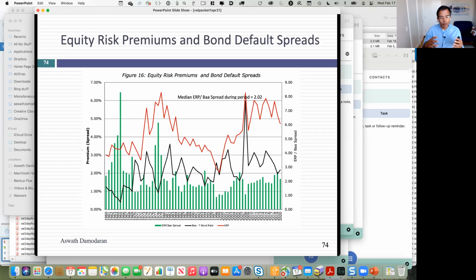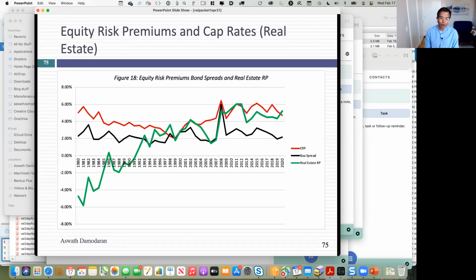What I'm trying to say is most of the time, the two move together. When the equity risk premium goes up, the default spreads go up. In 2020, for instance, both default spreads and equity risk premiums kind of moved in lockstep through the year. They zoomed between February 14th and March 23rd and both dropped off. But there are times when they disconnect, and when they disconnect, you can use it as a basis for asset allocation. In fact, let me do one final asset class before we close this particular topic.